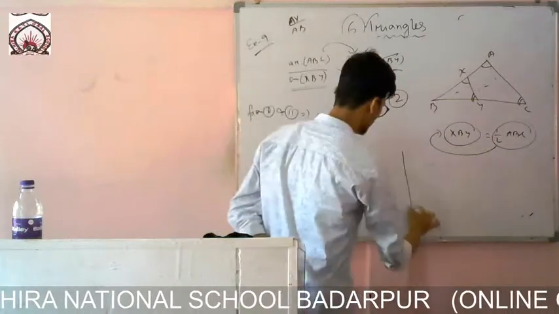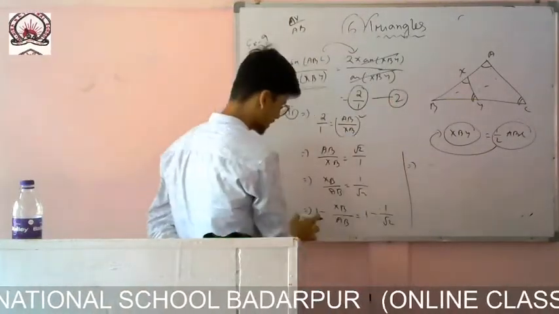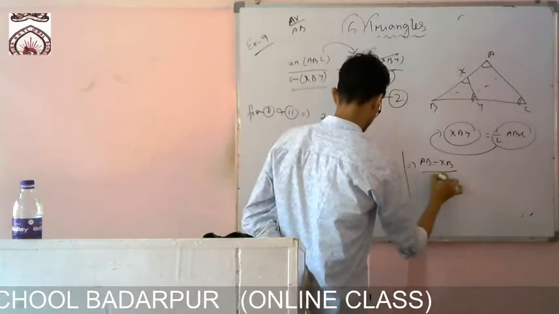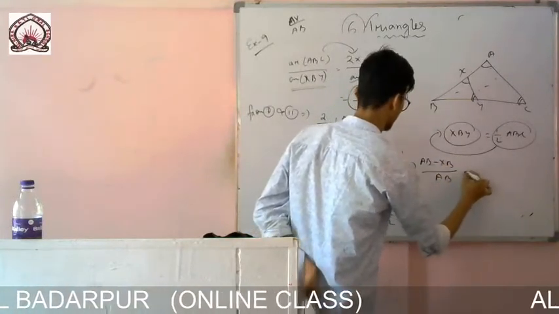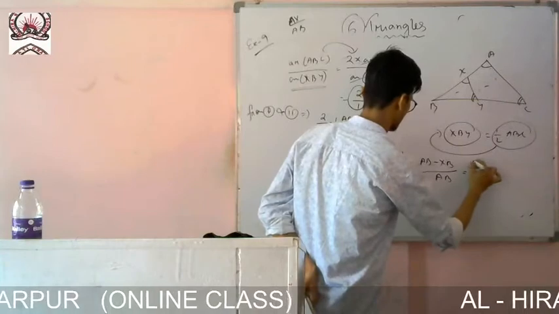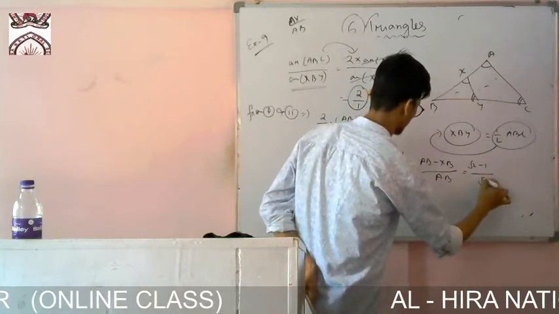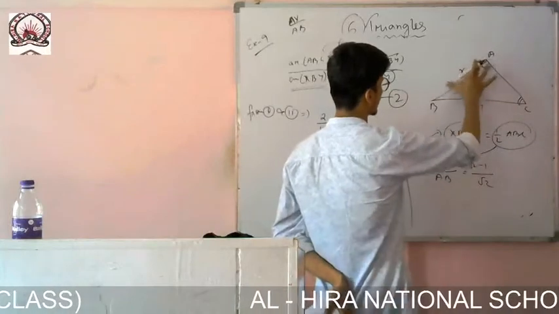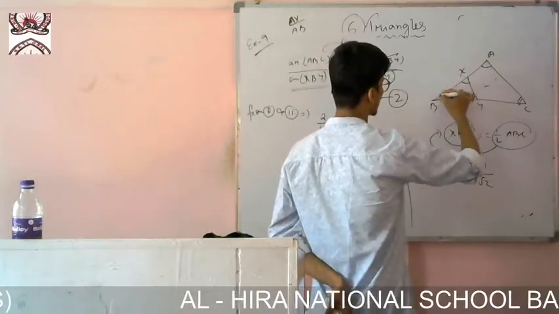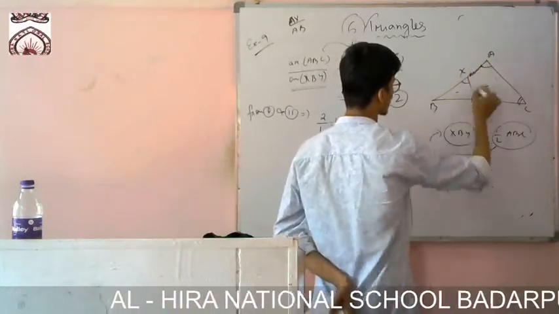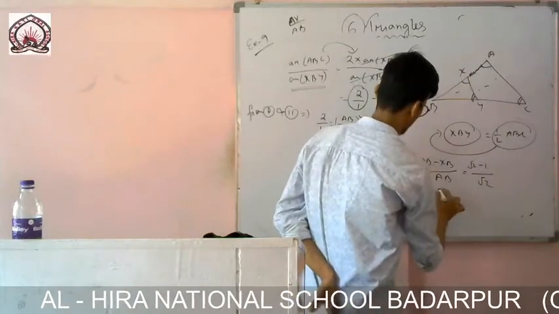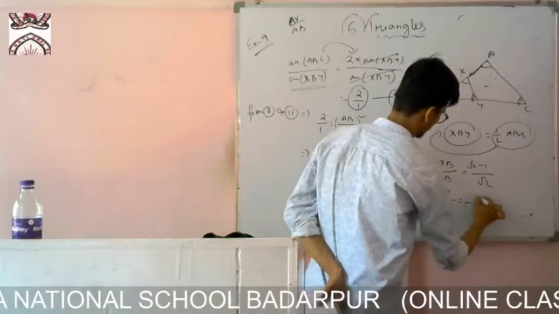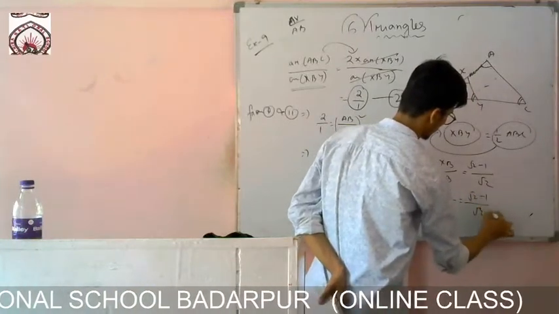Okay, let me write one more line, you will understand. If I multiply it, it will be AB minus XB by AB. Now you see why I have subtracted, and there it will be root 2 minus 1 by root 2. If you see this part carefully, AB minus XB, that means from the whole one I am subtracting this part. Which part is remaining? XB by AX, AX left, there AB, which is equal to root 2 minus 1 by root 2.